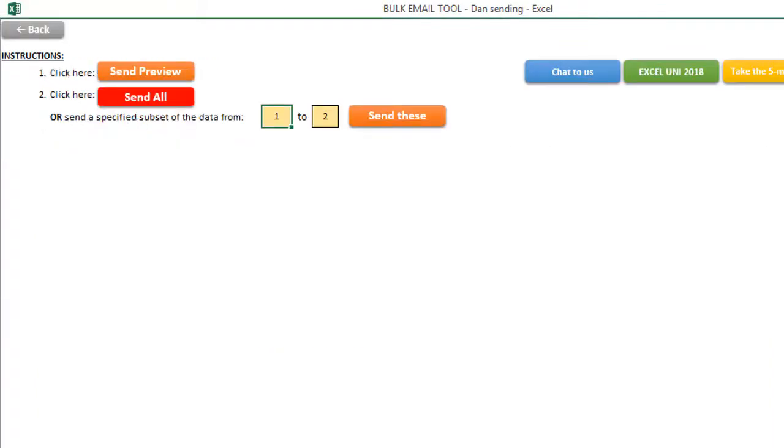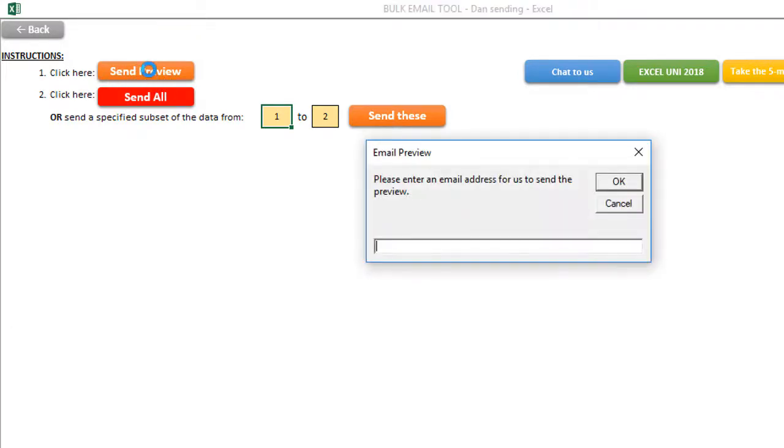And that takes us to step 4, which is the final step, to send. Okay, and what we do over here is it says click here to send a preview. So we send preview. It comes up with a little input box. We teach this also in Excel 303. Okay, and I'm going to send a preview to